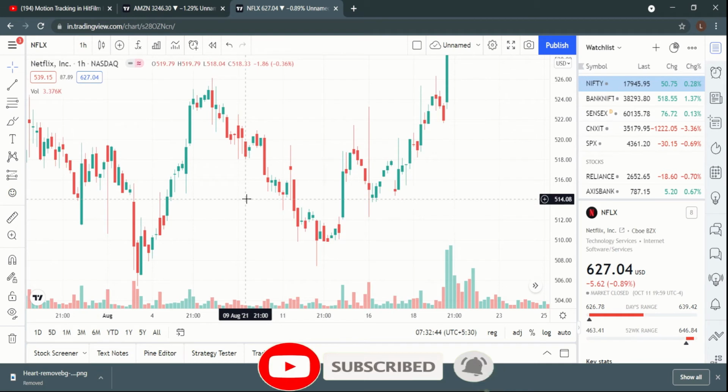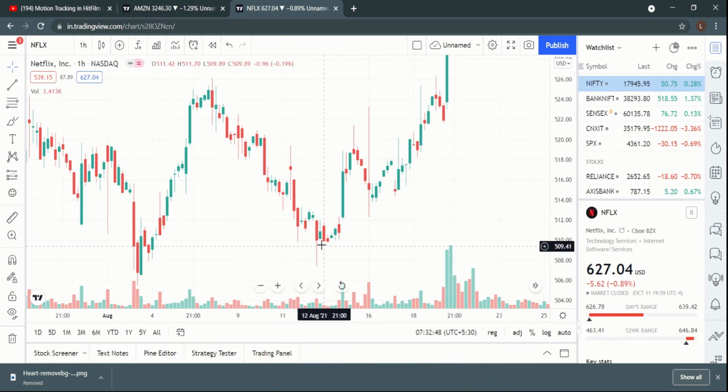As a thumb rule in the market, we never trade just based on one indicator. We apply a couple of indicators and then we take a position. So this was a nice formation of two hammer candlesticks in this chart. Let's move on and find if we can see another such pattern.